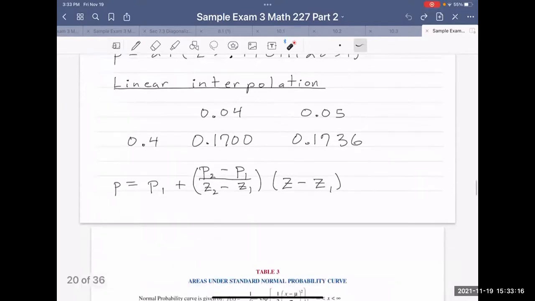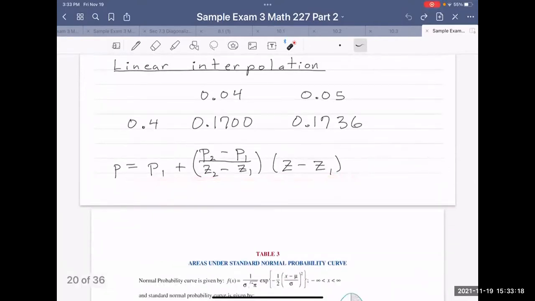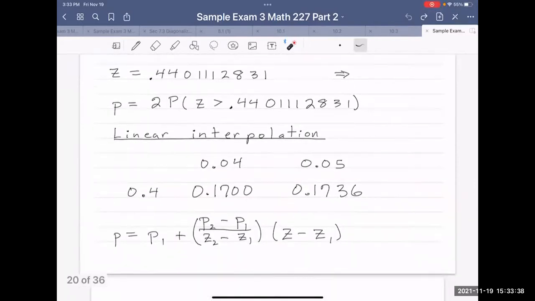So P is equal to 0.17 plus 0.1736 minus 0.17, divided by 0.45 minus 0.44, times 0.4401112831 minus